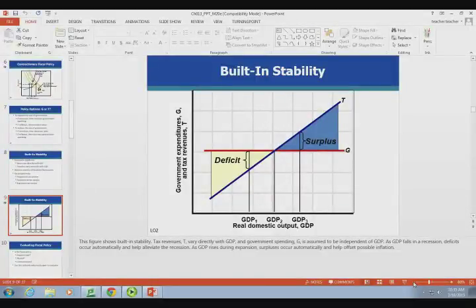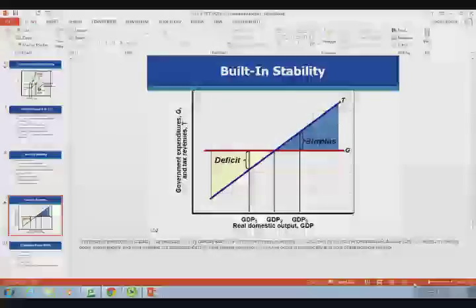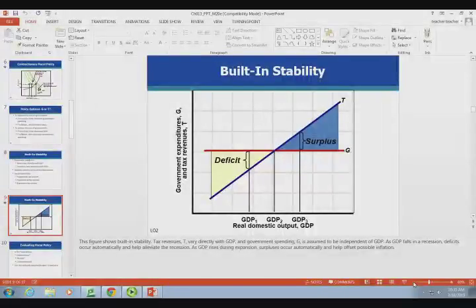Now, here's where, again, this is the big government. This is the big G. Taxes and government spending. Depending upon what our output is, how does the government make money? Taxes. So that's what the T is. And then they also spend money. So if they collect more tax revenue than they've spent, we operate at a surplus. If they spent more money than we actually collected in taxes, we operate in a deficit.